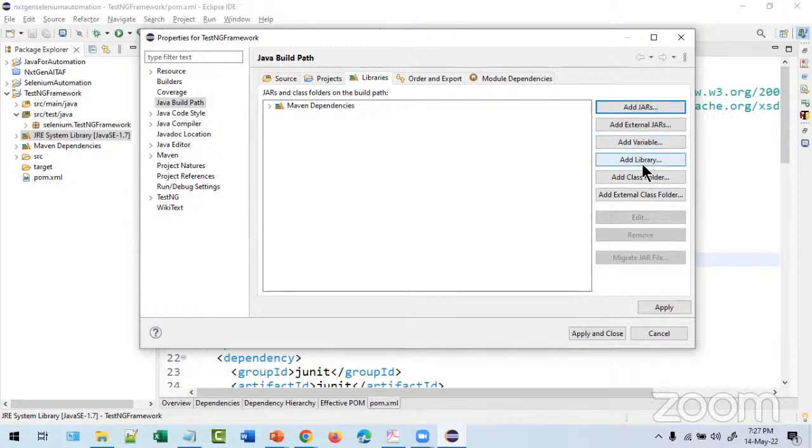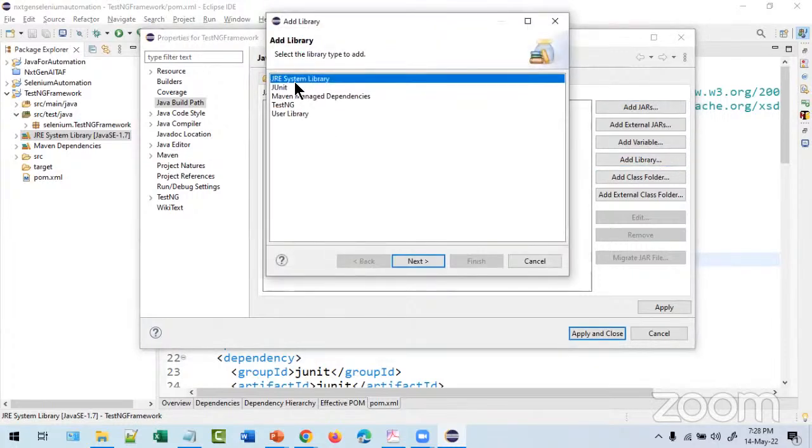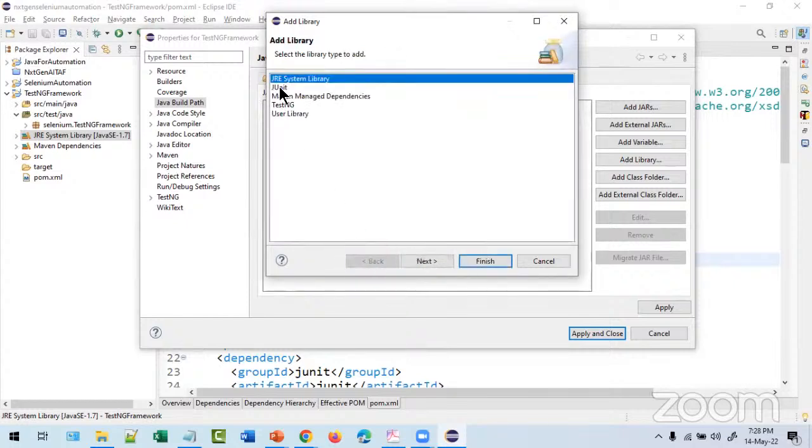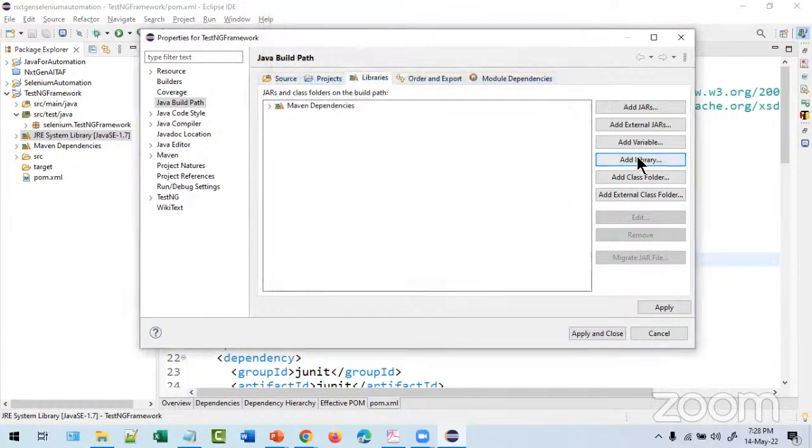Now, add library. Directly, if you give it in that POM, it will work. But still, let's try to learn all the things. You're going to add the library. Which library? JRE system library. Click on next. In future, if you want to add TestNG, JUnit, everything, it will be in add library.